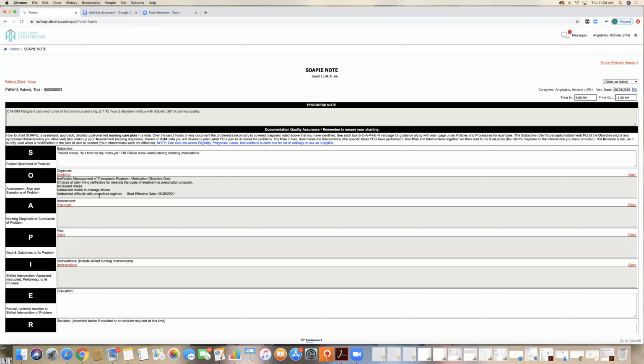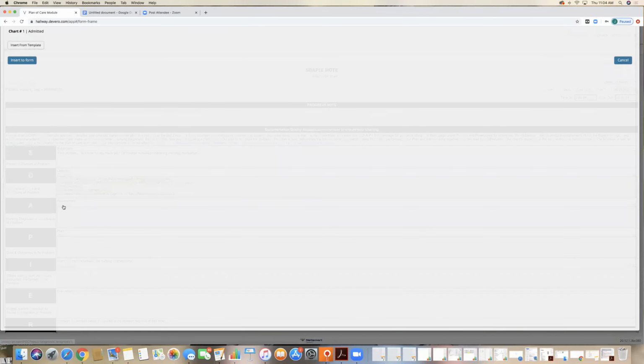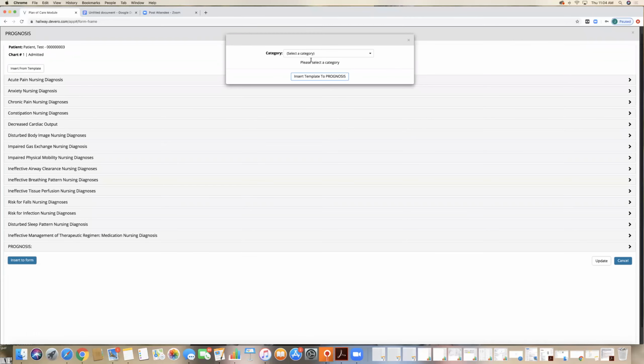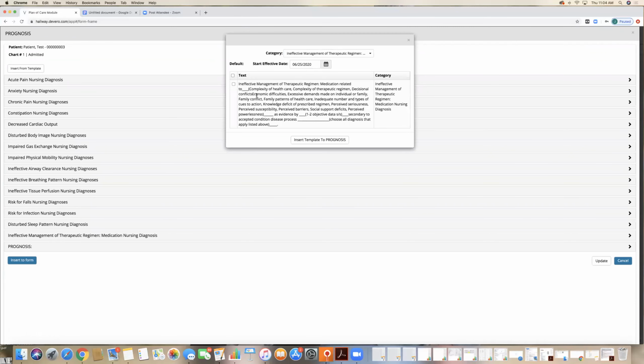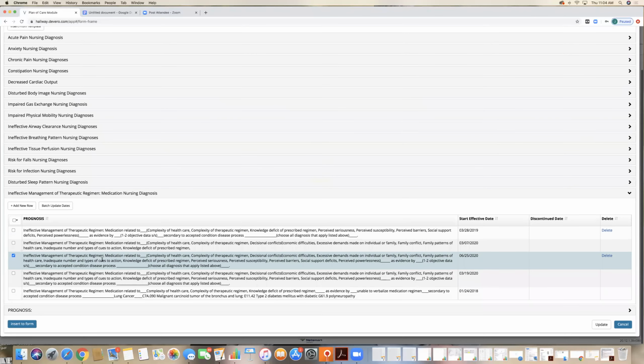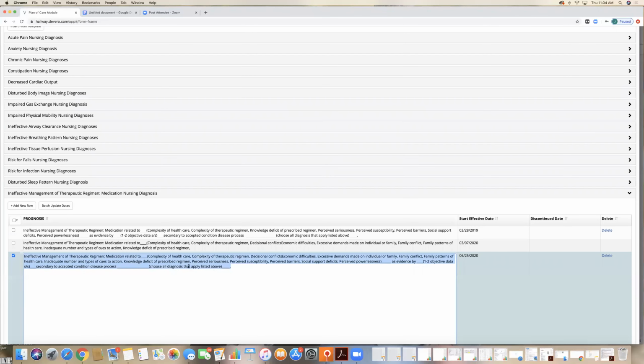There's my objective data. Assessment prognosis, same thing. Go over here and type in medication. It'll pop up. And then I'm going to insert this to my template. And then I'm going to double click it. And I am going to go through it and change it just how I did for the other SOAPIE note examples. So ineffective management of therapeutic regimen, medication related to